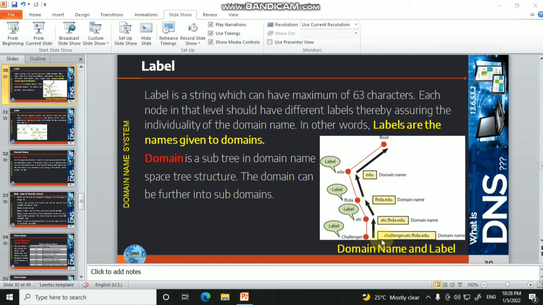As you can see in this diagram of domain name and label, it clearly depicts the domain name as well as the name given for the domain, which is called the label.